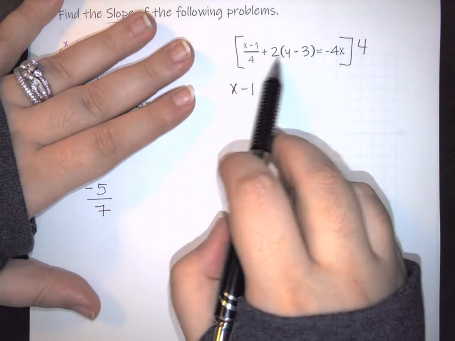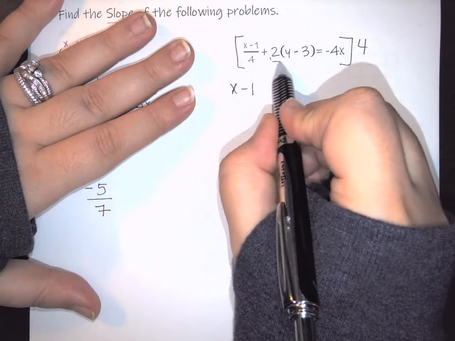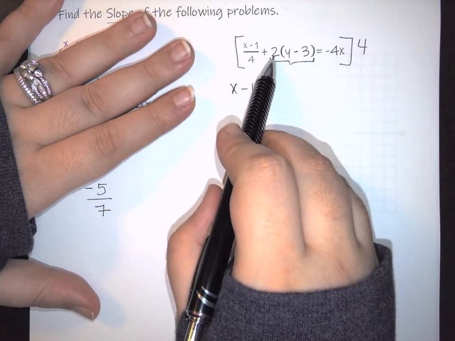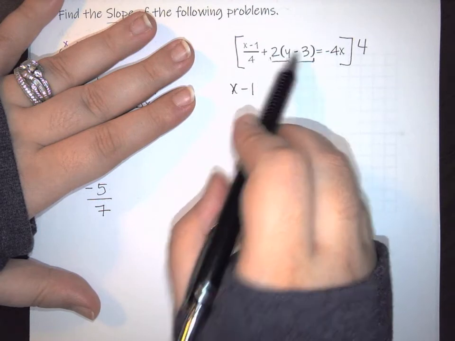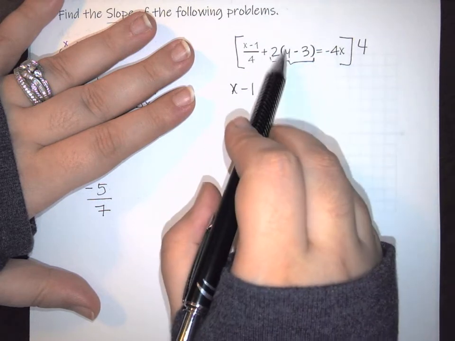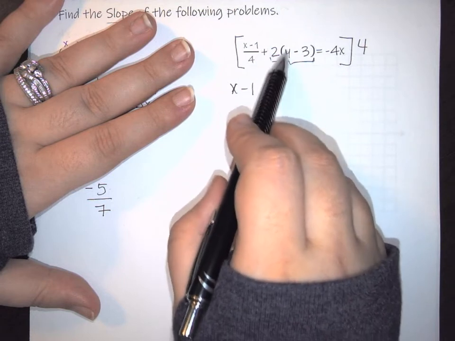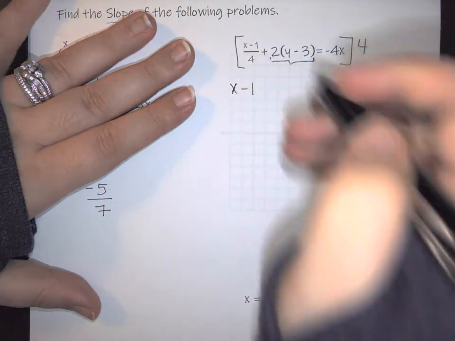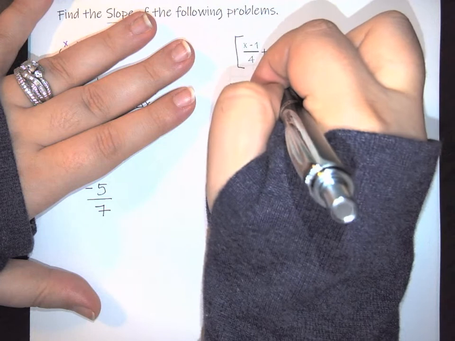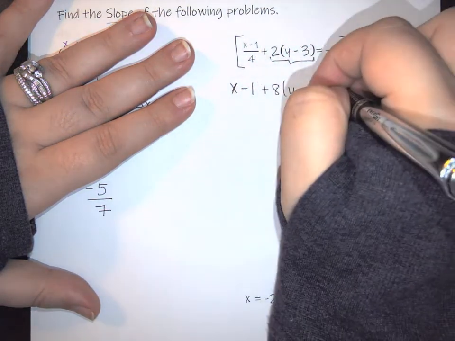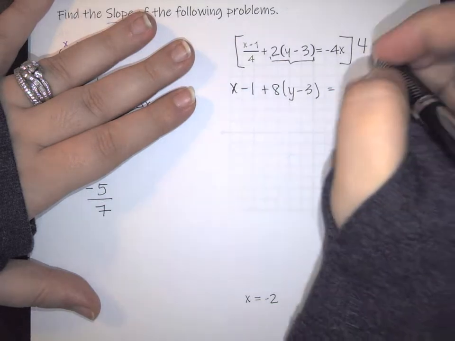Notice the second term is this whole entire term, and I've got this 2 out in front that I have not distributed yet. So when I multiply this term by 4, I'm really just multiplying it out front. So this becomes plus 8 times the y minus 3 equals, and then 4 times 4 gives you